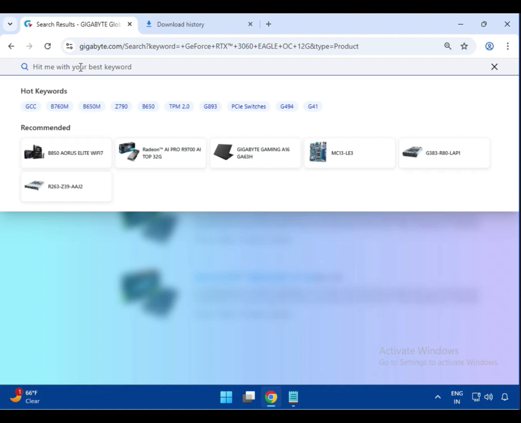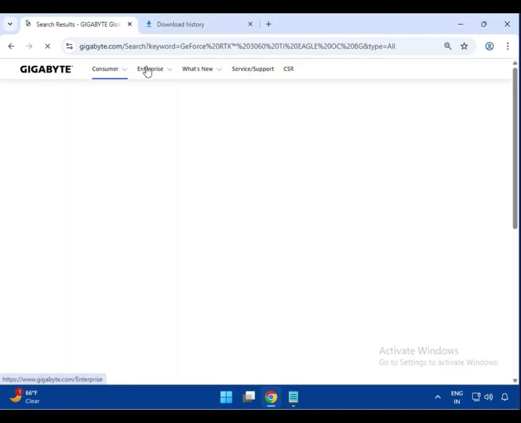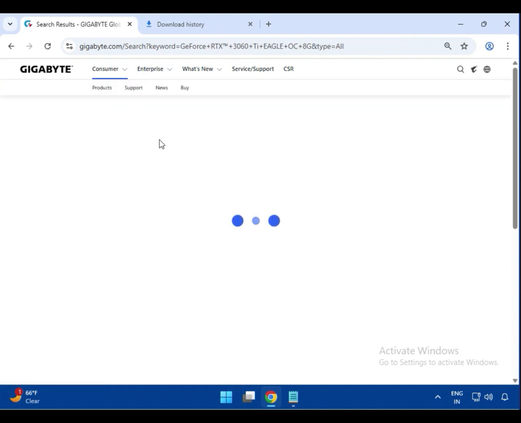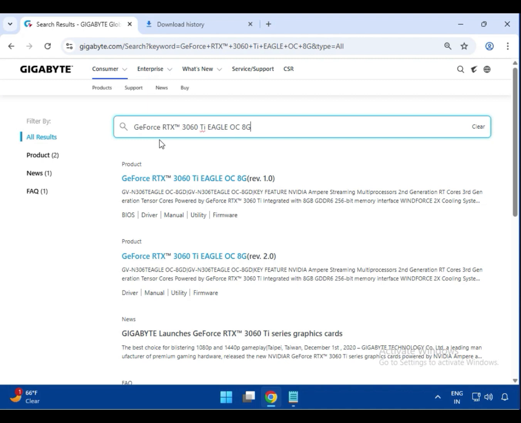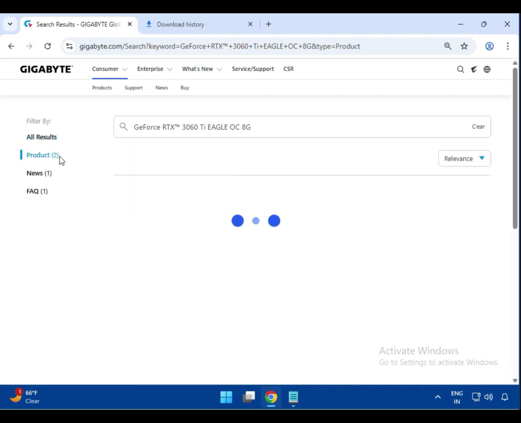After that enter your graphic card model number, GeForce RTX 3060 Ti Eagle OC8G, and after that hit enter. It will search on your graphic on this website. It will take some time. Then click on the product